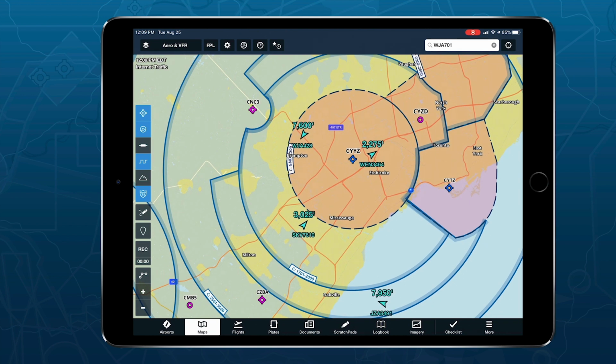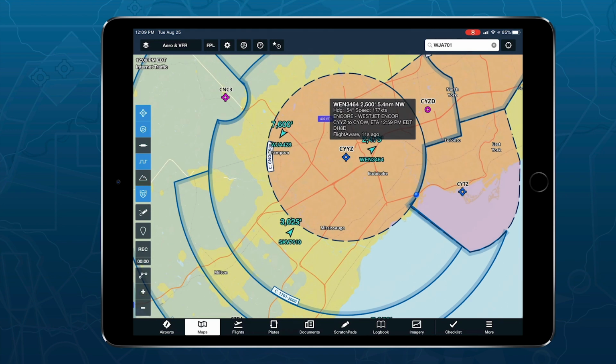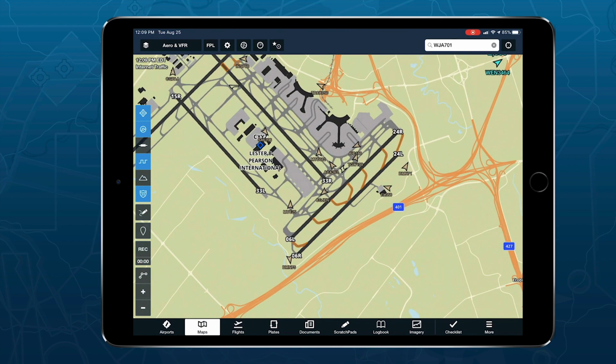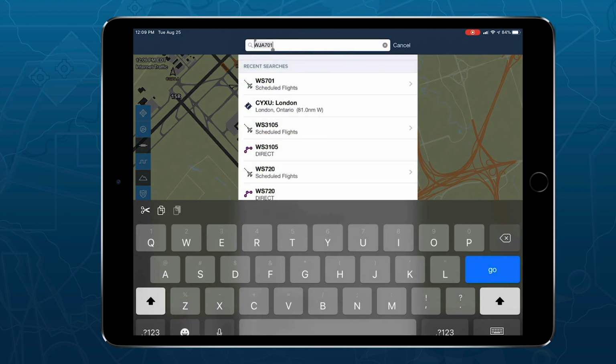Zooming in on Toronto Pearson, we can select a target and it'll give us more detail on that target itself. If we zoom in on the airport, we can see the ground targets. Some are aircraft that are taxiing on the ground, and you can even see some maintenance vehicles that are